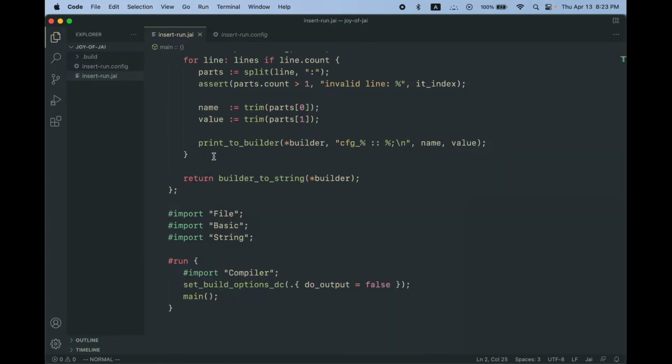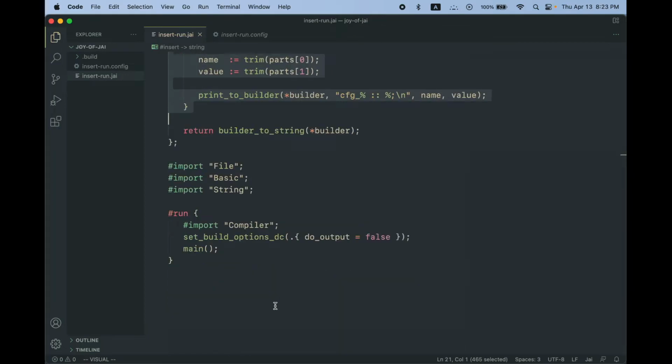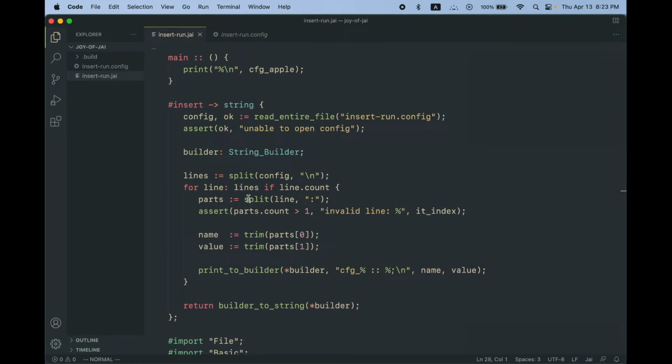And there is no, I'm not pulling a fast one, there's no thing called CFG apple in any file or module that we're importing. They exist in this source at compile time, and I'll show you where. So when you compile your program, if it